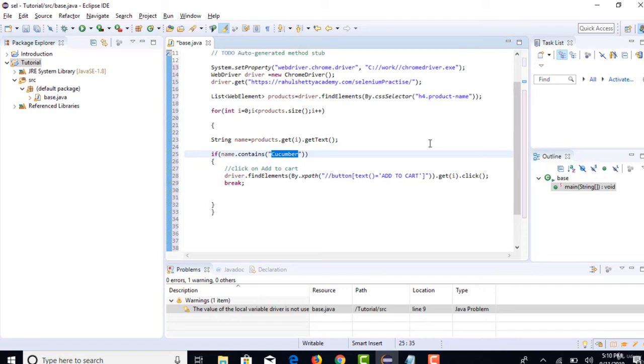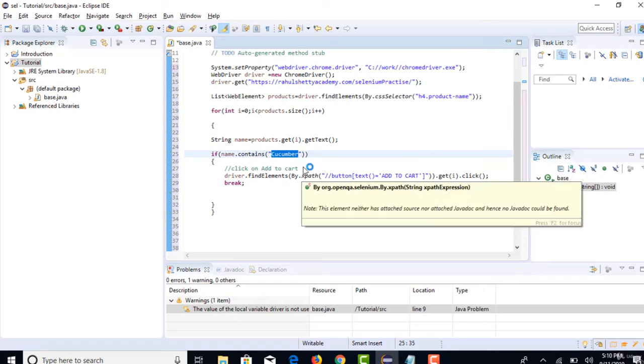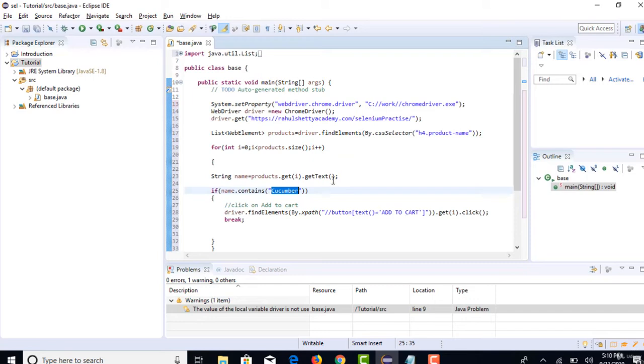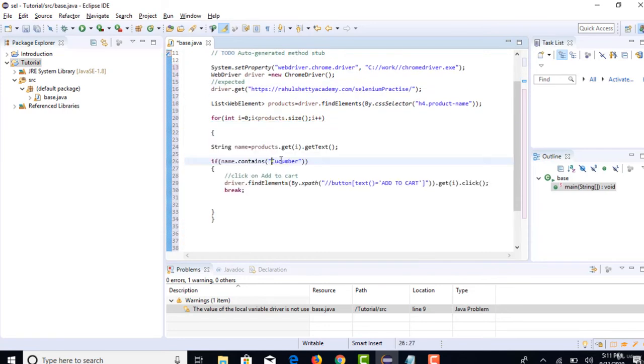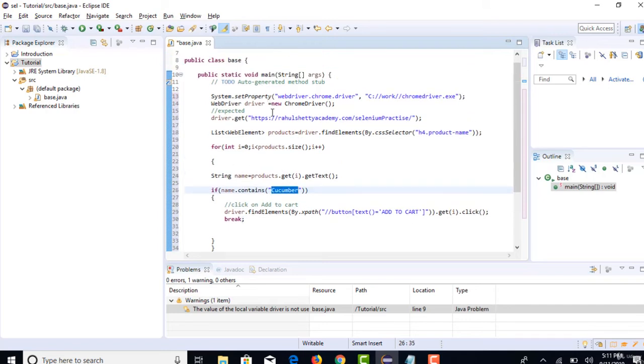So how do you handle it when you are asked to identify multiple product names? One thing we can do is, first of all, have an expected array. Declare what all products you want to click. Have an array with a list of vegetables you want to select, and then pass that array into this block, and whatever product you get from your for loop, check if that product is present in the array you have. If it is present, then go and click. That's the most optimized way of dealing with this.